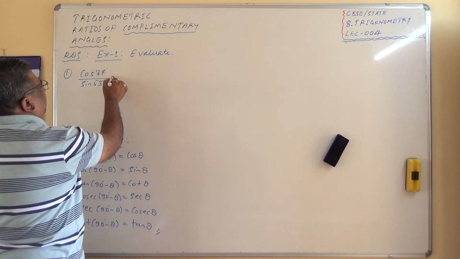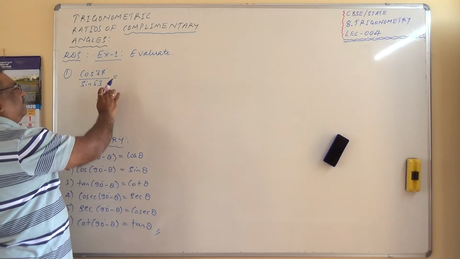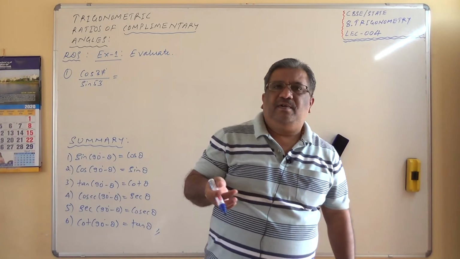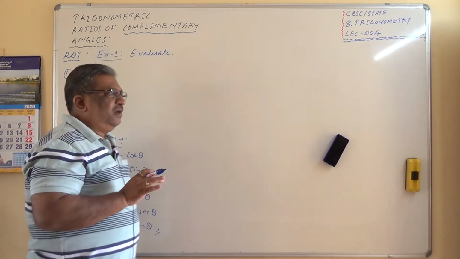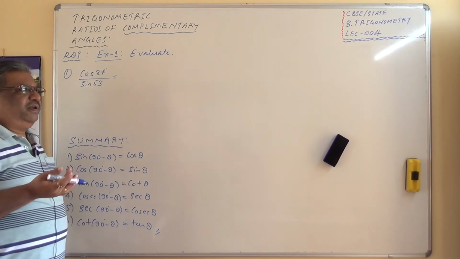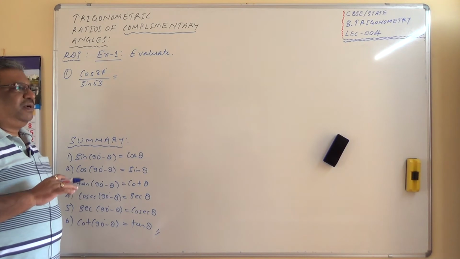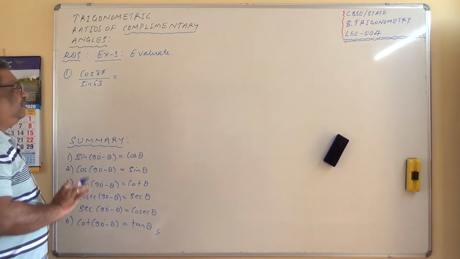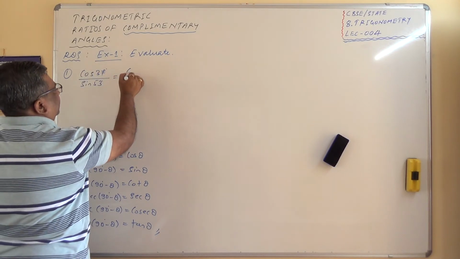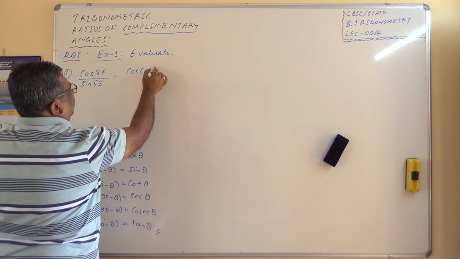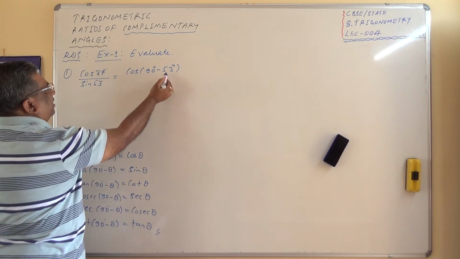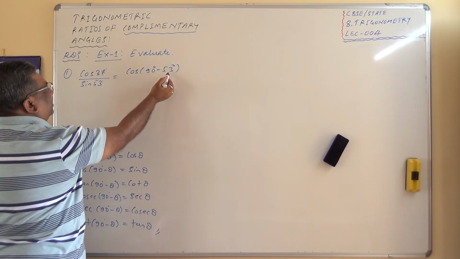See here, this is cos of 37. How do you write cos of 37 in terms of 53? See here, very important. Even though these are not from the examination point of view, even if you get, you should be able to solve. But how to write is really interesting. First, the equivalent of cos of 37 is cos of 90 degrees minus 53 degrees. You tell me 90 minus 53 equals how much? 90 degree minus 53 is 37.